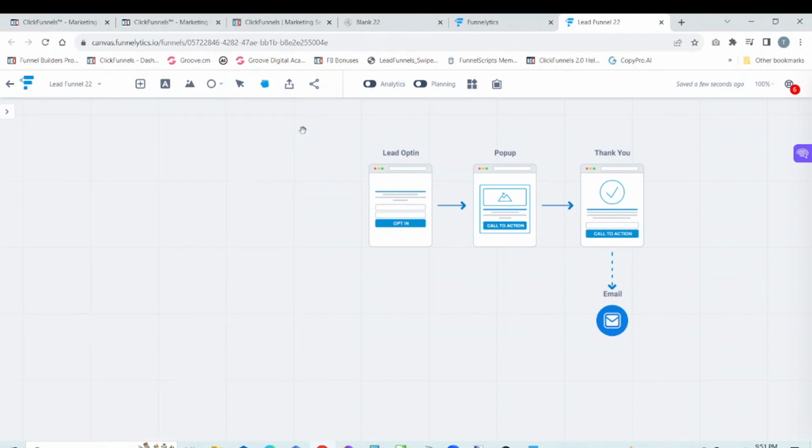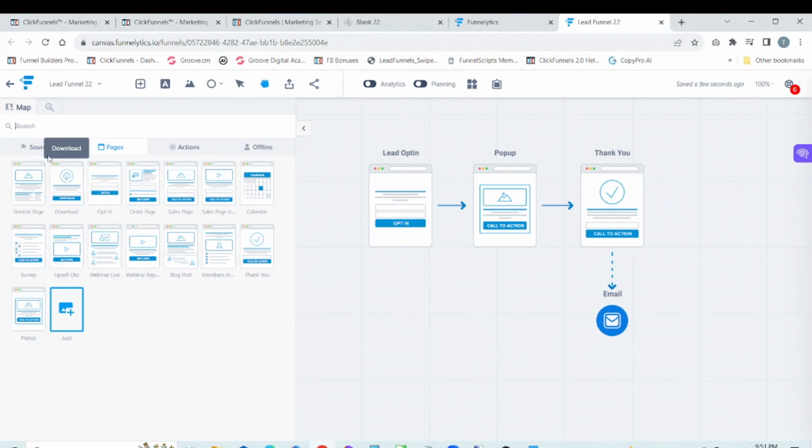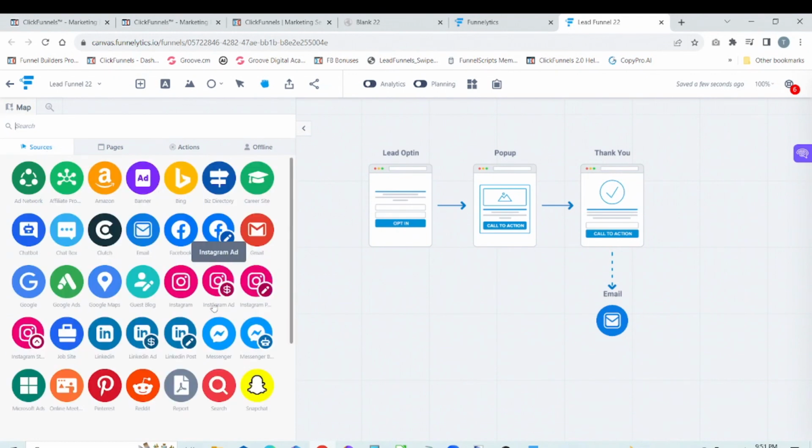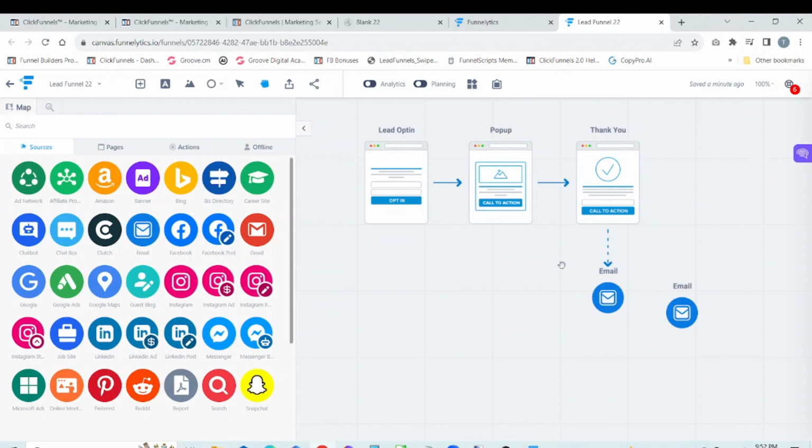But we don't need to do that here because we just have this simple lead funnel. We don't really have that much. But anyway, that's an example of what we can do. And then once we have our email here, we might be sending them some more emails. Maybe we're going to try to present a different product to them. And so in that case, we might have an initial thank you email, and then an email here,